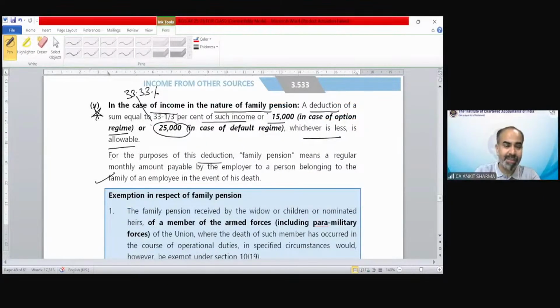The pension concept is important because it has two exemption limits depending upon the regime you follow, whether you are under the default tax regime or under the optional tax regime. This is about family pension. A deduction of a sum equal to 1/3, that means 33.33%, of such income, or 15,000 in case of the optional regime, or 25,000 in case of the default tax regime. So if it is a family pension,